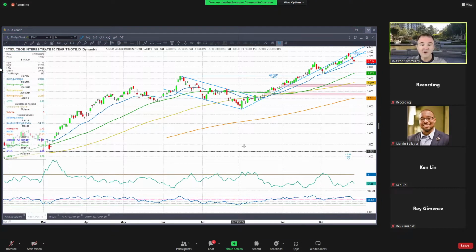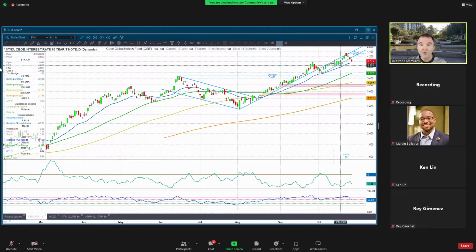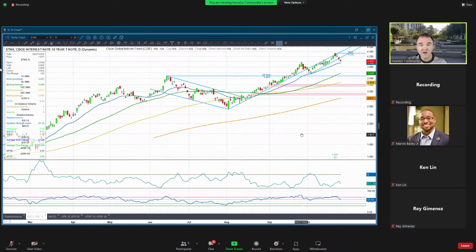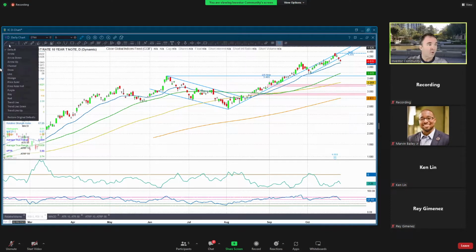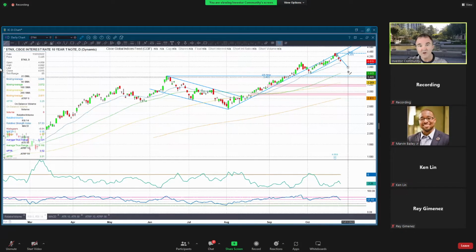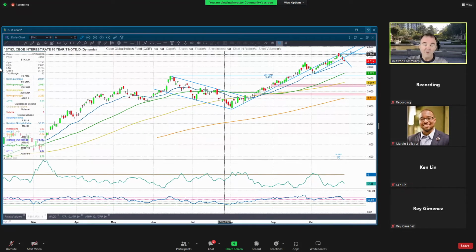You can see that the 10-year yield has now dropped out of this upward channel that it's in, and we have one, two, three, four down days here. So this is hopeful. After putting in a series of new highs, it rolled over and we're coming down. Now we've got that 21-day moving average just below us, and we'll watch tomorrow to see if that acts as support. But we've got the beginning of a bit of a downtrend here, and it's fairly steep too. So that's good to see.